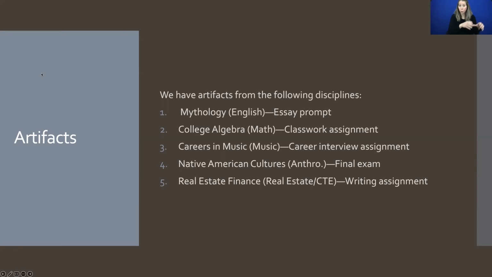It looks like Jude is putting in the chat which groups will be working with which artifacts, and then you're going to be determining: does the artifact that you have in front of you show high inclusive content or low inclusive content? Does it show high utility value or low utility value? And then if you say it's low in any one of those areas, how would you go about improving the